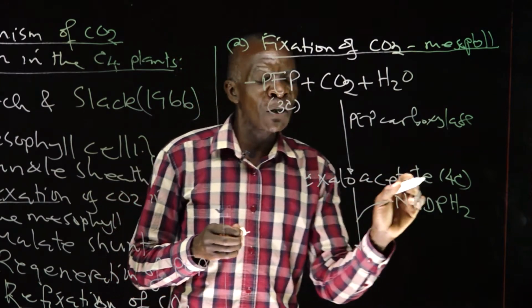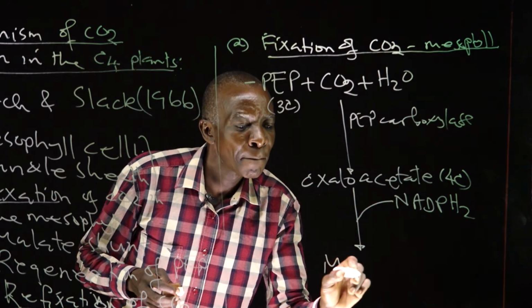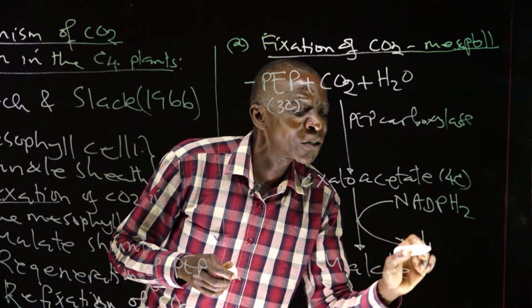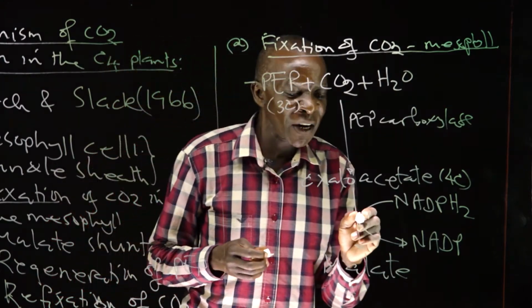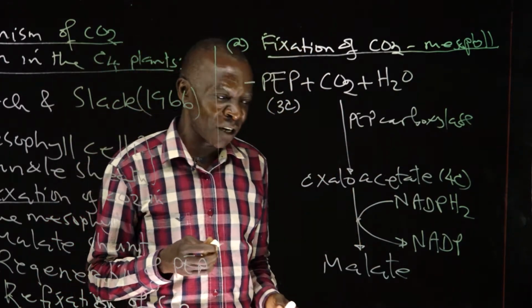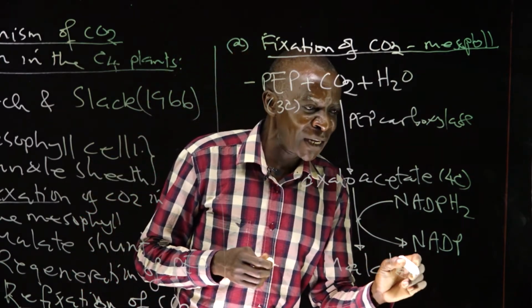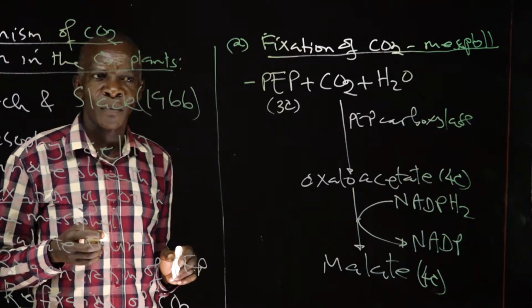Then it will reduce oxaloacetic acid into malic acid. So we have a reduction by addition of hydrogen of oxaloacetate so as to form malate. Again, this is a 4-carbon compound. So this is how carbon dioxide is fixed in the mesophyll by the enzyme